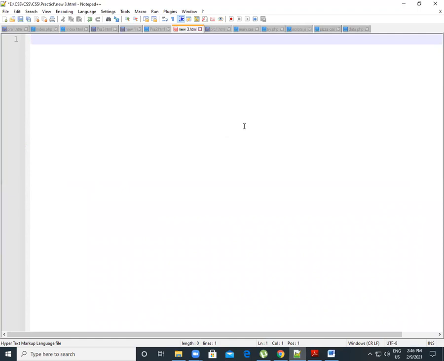Firstly, you already know how we write our HTML code. For that, we use doctype first. But if you don't want to write that code again and again, you can simply save that file and call it a boilerplate.